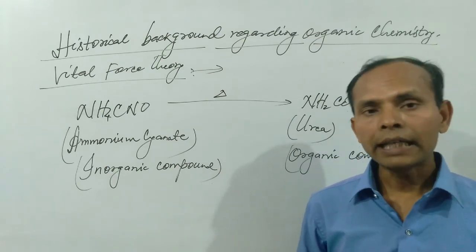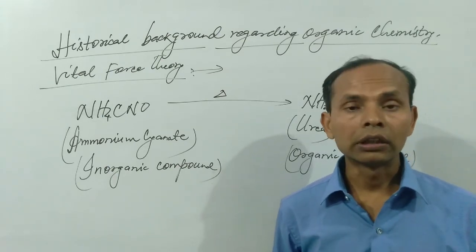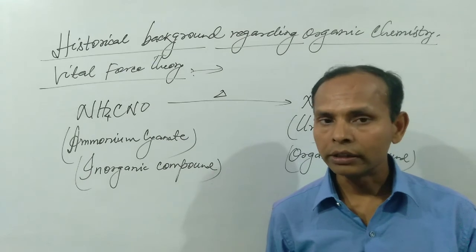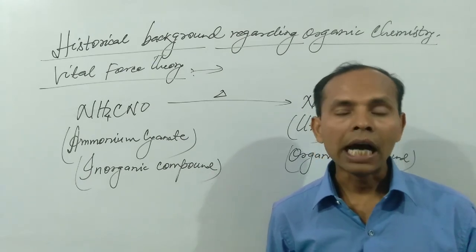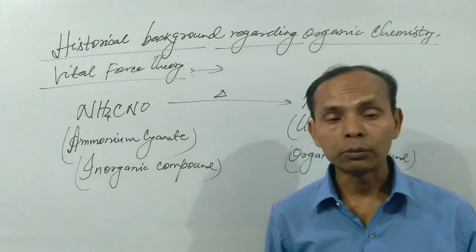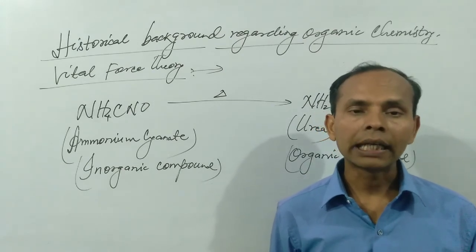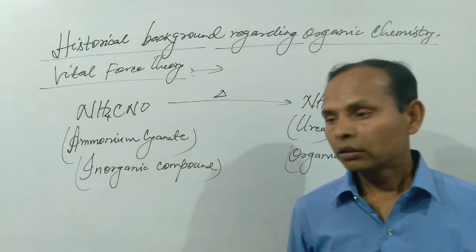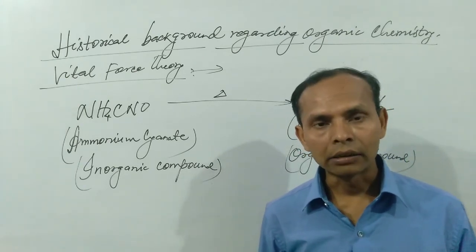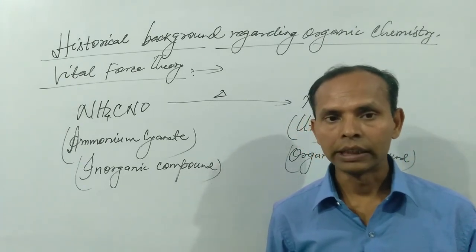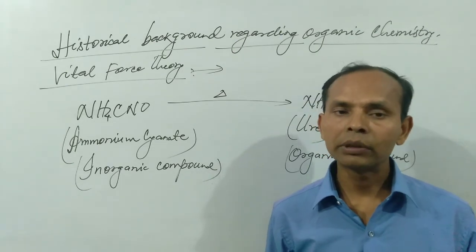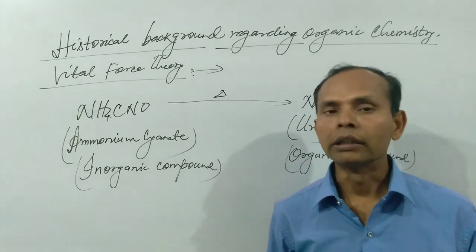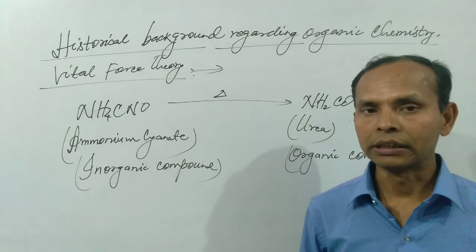So in the next class we will study the properties of carbon atom. Carbon is such an element which possesses some main characteristic features. On the basis of these features, carbon forms a large number of organic compounds that can be studied in a separate discipline of chemistry. The name of that discipline of chemistry is organic